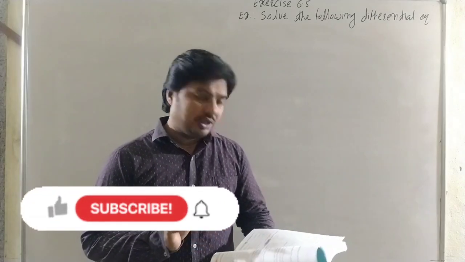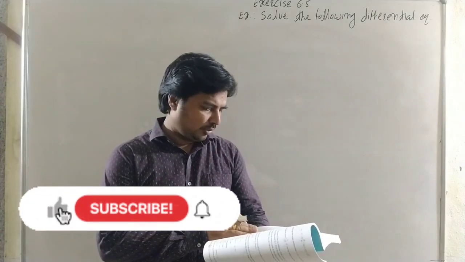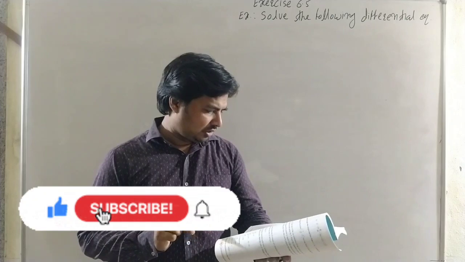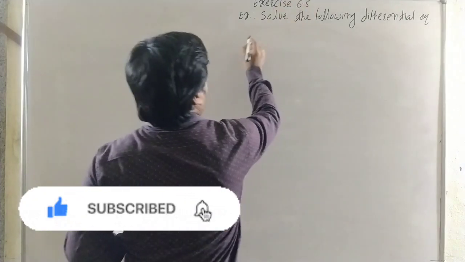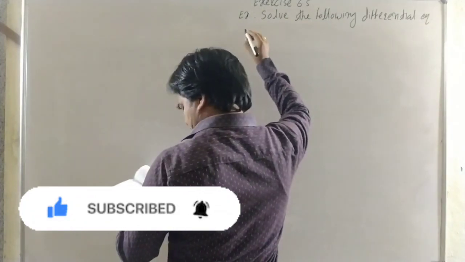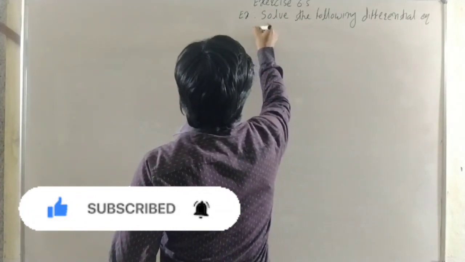Now we are going to continue the examples in exercise 6.5. In question number 1, the 6 examples are done. Now the 7th example: solve the following differential equation. Question number 7,